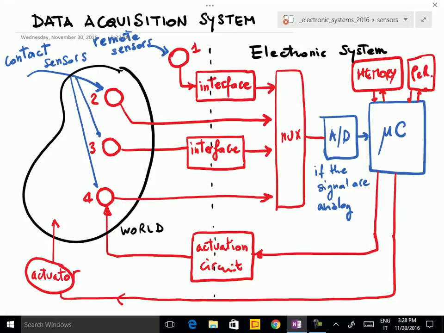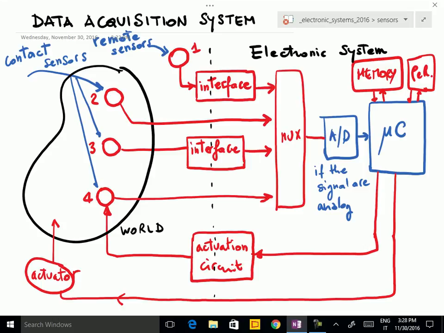Okay, so if we have a system which is controlled by a microcontroller, and the system needs to have sensors and actuators, of course this is the more general structure that we might have. Of course, the microcontroller must have some inputs and some outputs. The signal, in order to be sent to the input of the microcontroller, must be properly conditioned. So this means that, of course, the sensor sends an electric signal, then we will have an interface in order to get the